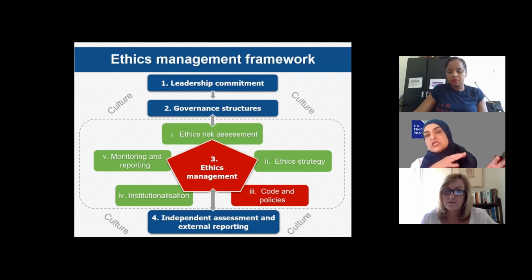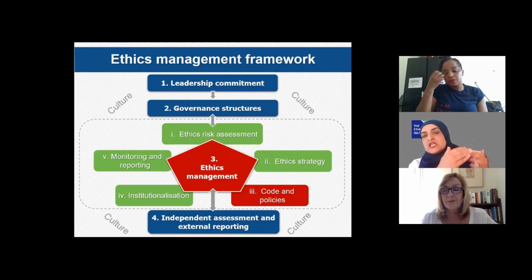So when you're starting your code development process, you draw on the strategy as your guidance to what you're going to do with the code, because your strategy is accompanied by an implementation plan. And it says, this is our vision. We want to be an organization that is known to be ethical and acts with integrity. How are we going to get there? We're going to make sure that we put out the policies and codes that are in line with that vision.